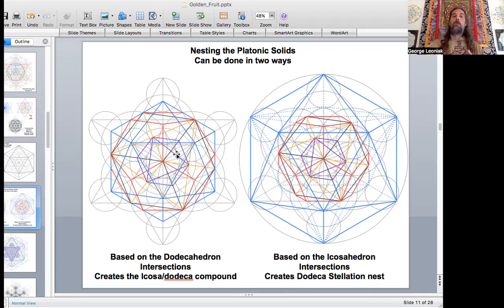This is going to show the nesting of the platonic solids as a compound. This will show it more as a kind of stellation of the dodecahedron, creating the icosahedron around it. And that's what these dotted lines are, because they're crisscrossing internal geometry in those pentagon faces within the planes of the icosahedron. They're going to nest the dodecahedron, and then the dodecahedron will nest the cube, which is in black